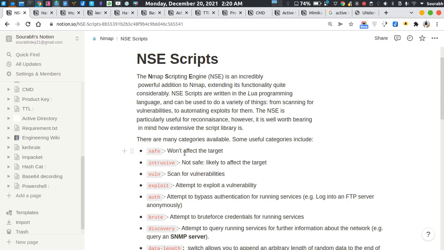Vuln generally is used for scanning vulnerabilities, that if any sort of possible vulnerability exists on that particular box, then it gives me a prompt.